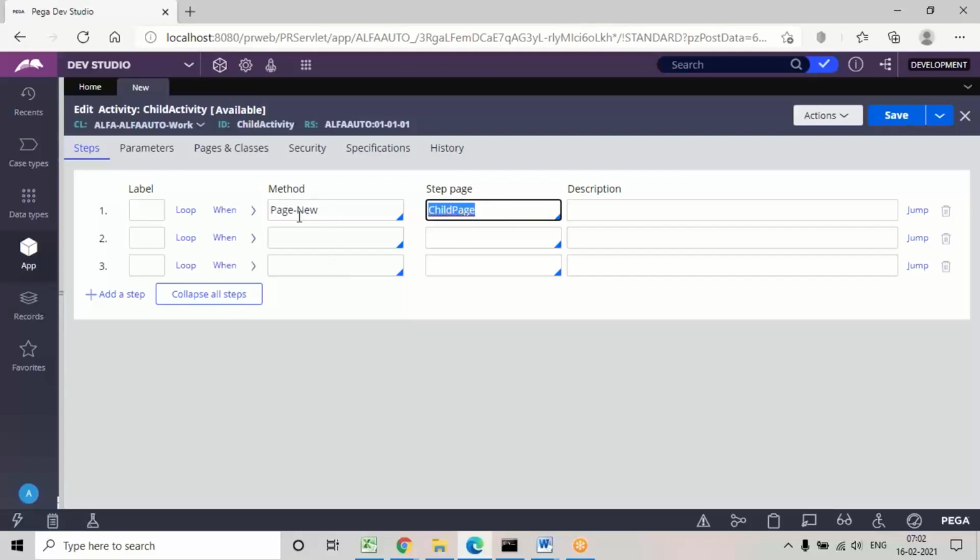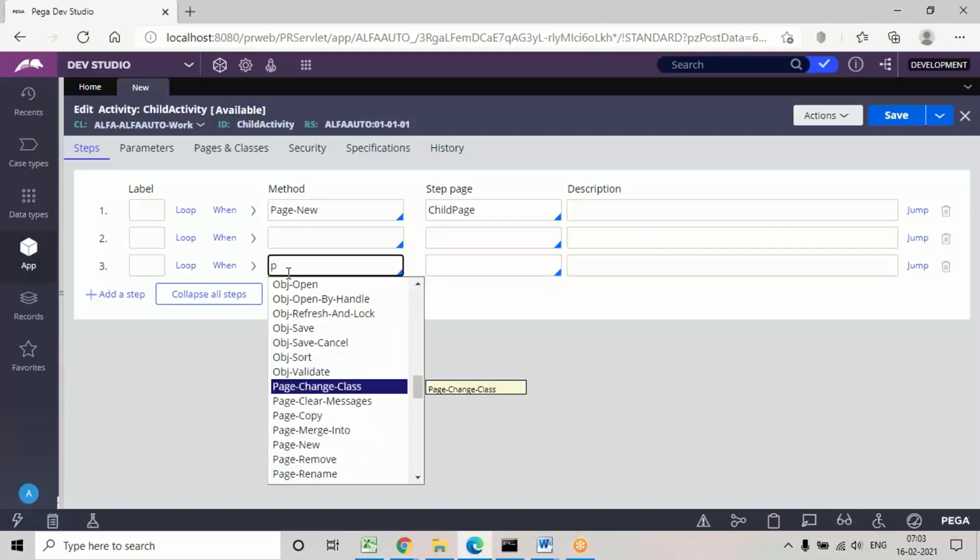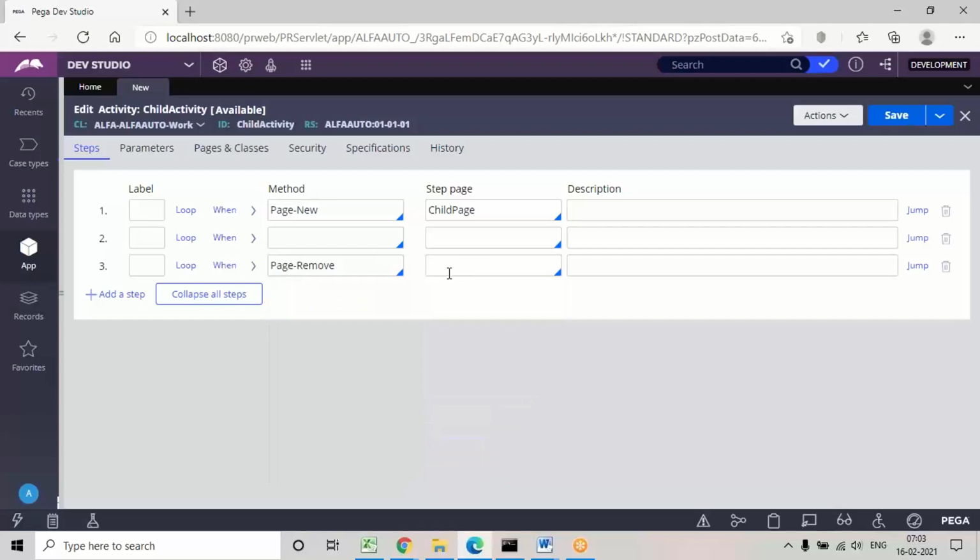And when they use this page new method, at the end of the activity they will use a method called page remove. Why page remove, I'll tell you. What page are we going to remove? The same page, but during execution you need to block this step.